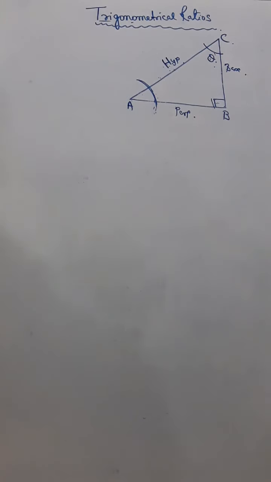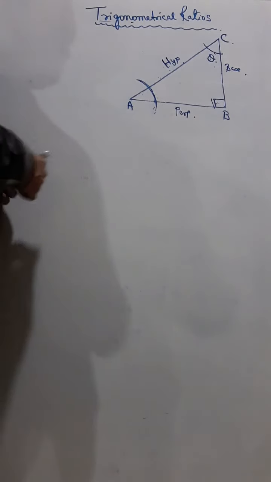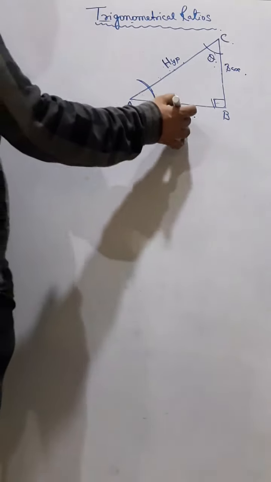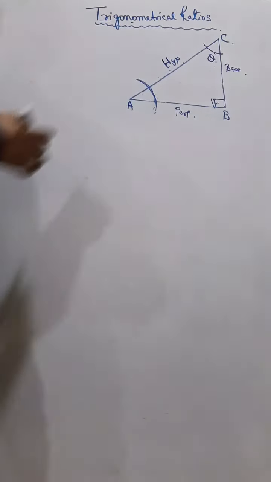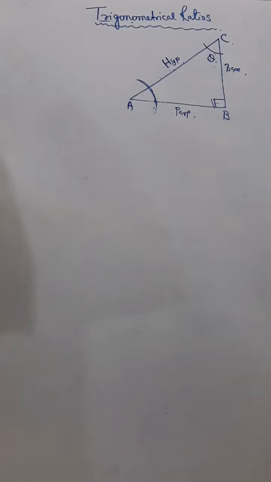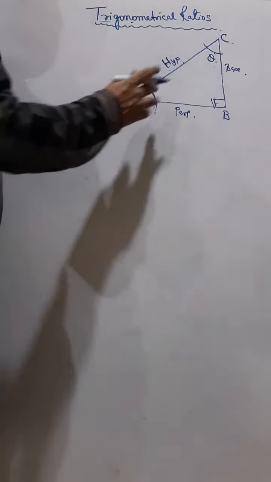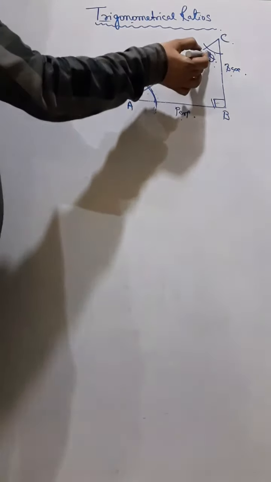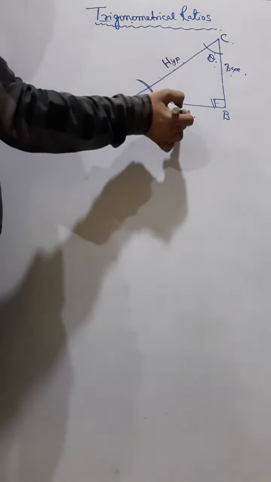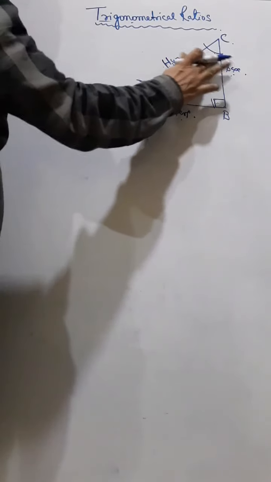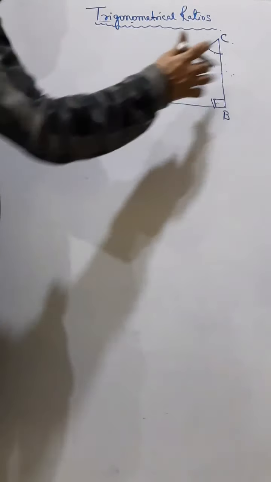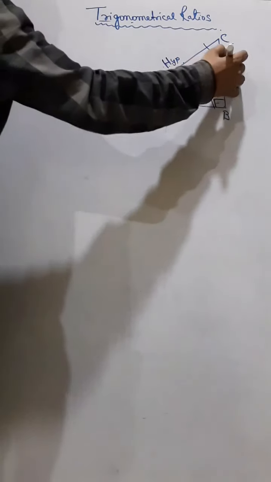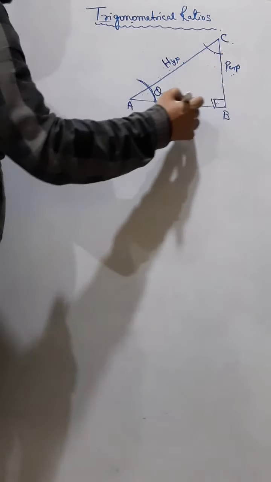Understand? So this is one of the most important parts of this chapter. Especially you have to identify which one should be the perpendicular and which one should be the base with respect to that sum. Now since theta is here, opposite to theta this is perpendicular and this is base. Okay, so let us start with this as a reference angle as I have started. So let this be theta, this is perpendicular and this is base.